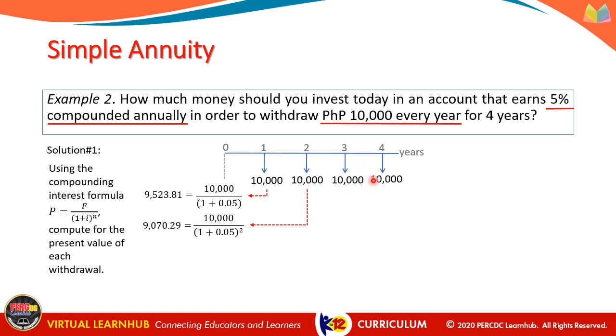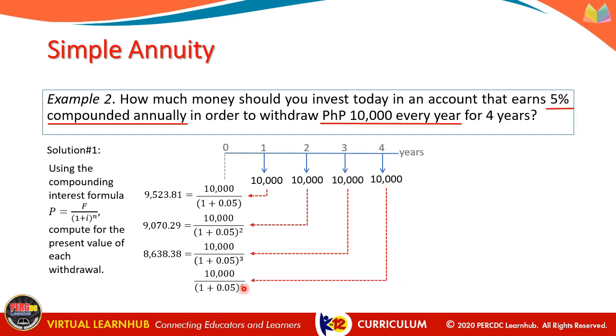Next, this 10,000 withdrawal to be made at the end of third year has an equivalent present value equal to 10,000 over (1 plus 0.05) cubed, which is equal to 8,638.38. And then this 10,000 withdrawal at the end of fourth year has a present value equal to 10,000 over (1 plus 0.05) raised to 4. And that is equal to